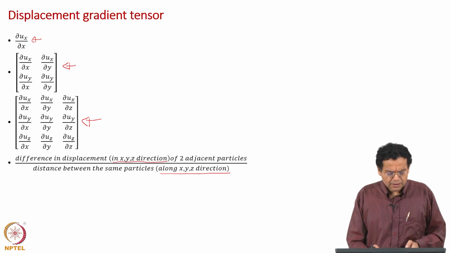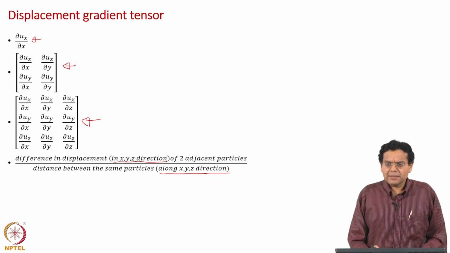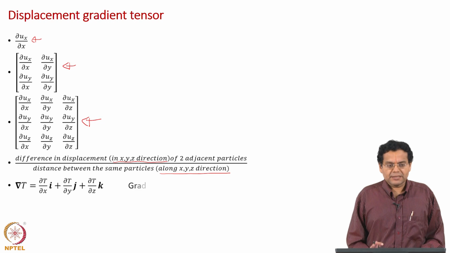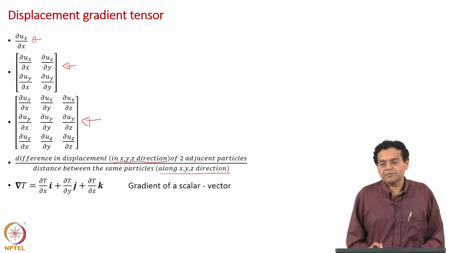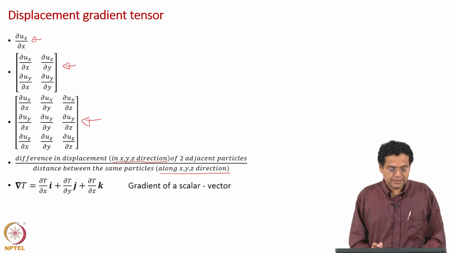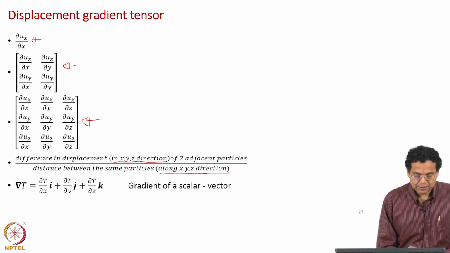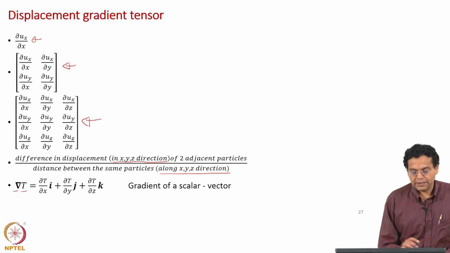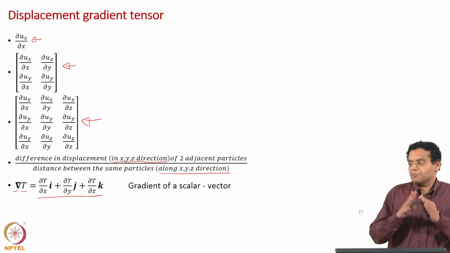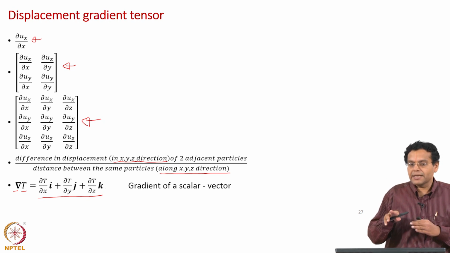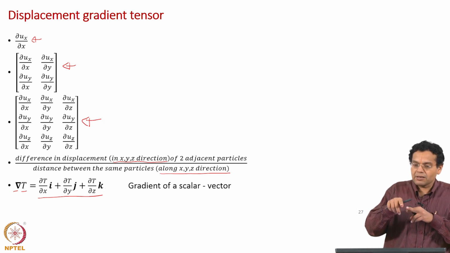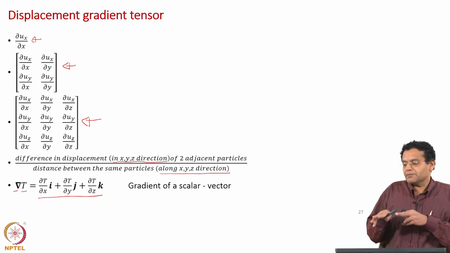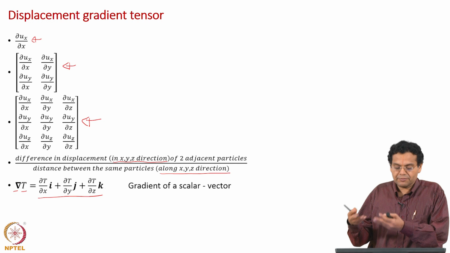Now, this displacement gradient tensor is similar to a gradient of a temperature. In terms of physical significance, what does gradient of a temperature tell you? First of all, temperature is a scalar. The moment you take a gradient of a scalar, it becomes a vector. Why? Temperature field is there, the moment you say gradient you should attach a direction: temperature varies along x axis in this way, temperature varies along y axis in this way, with some magnitude, negative or positive.